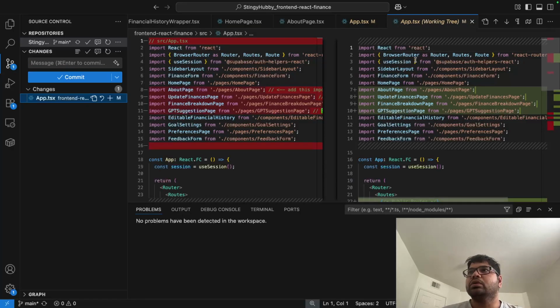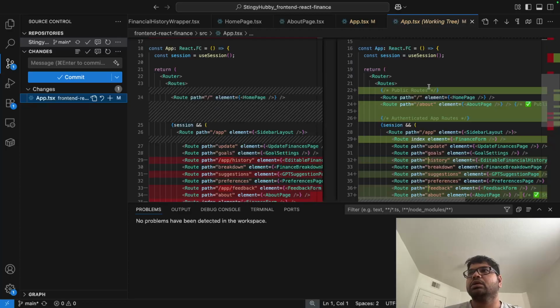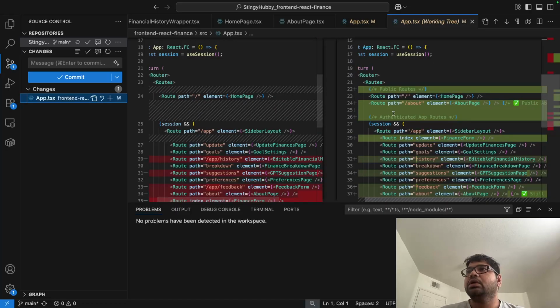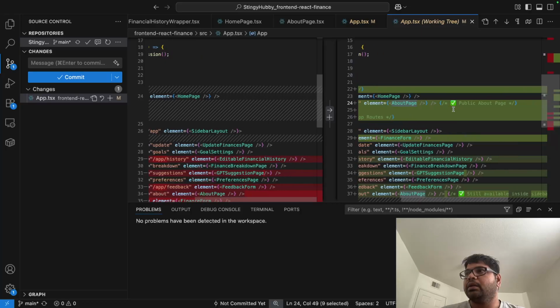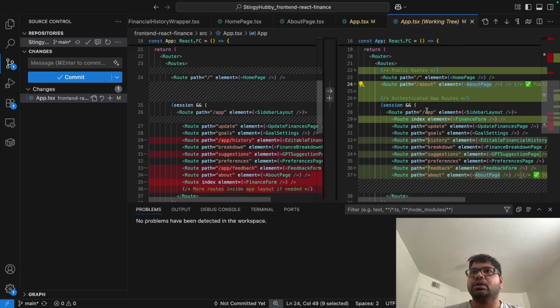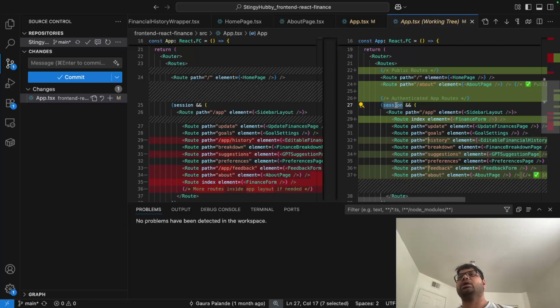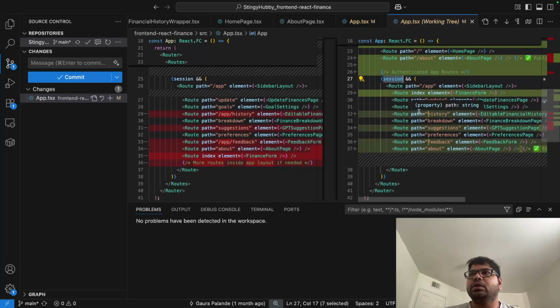App.tsx. So now the comment is gone, the line is gone, that's okay. Over here we have public routes, and here the ChatGPT code change has added about/about, which is the public about page. That is true, that's what we want. And then the rest of them are the ones associated with authentication, the authenticated routes, which apply after